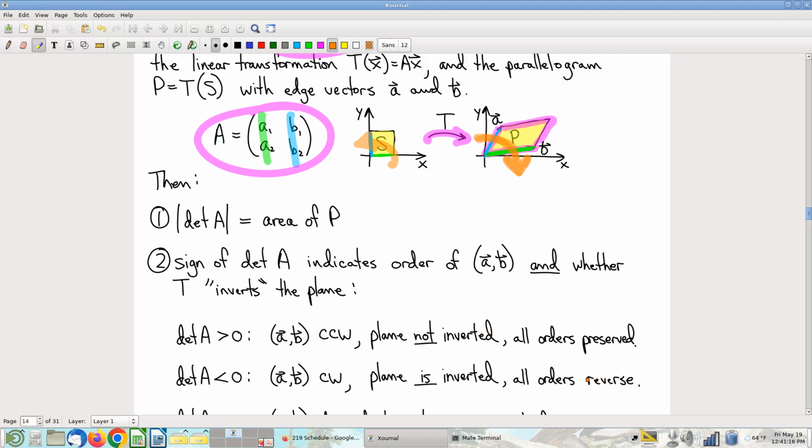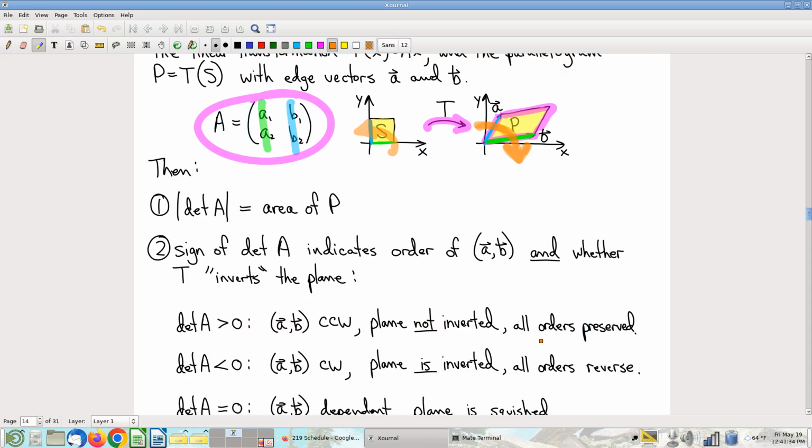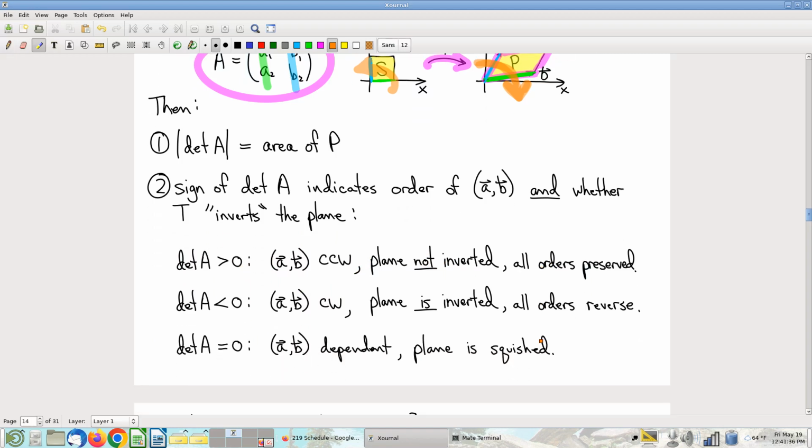redraw the picture, right? But determinant positive means counterclockwise. Well, e1, e2 was counterclockwise, so the orders are preserved, and there was no flip. Okay. All right. How are we doing? Okay. All right. Third case, the kind of